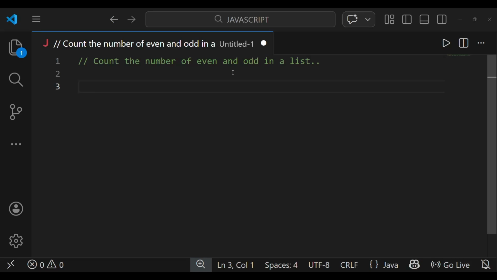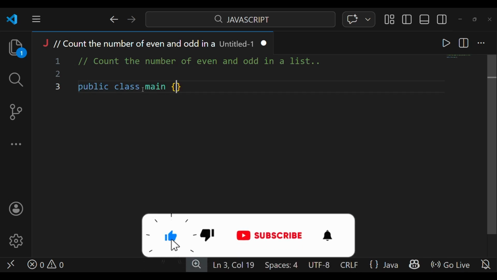In this video, we are going to solve a basic DSA problem. The question is: count the number of even and odd in a list. In this question, we are counting how many even and odd numbers are present in a list using a simple loop and condition. So, public class Main